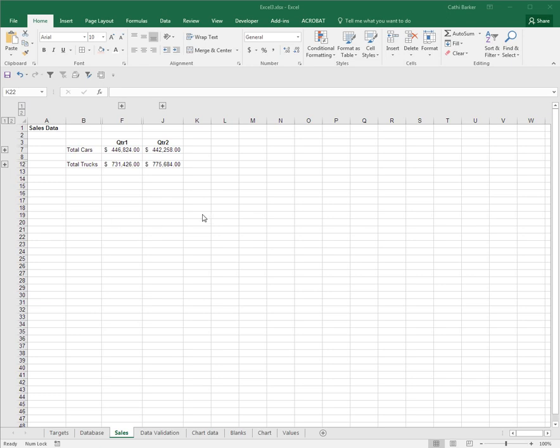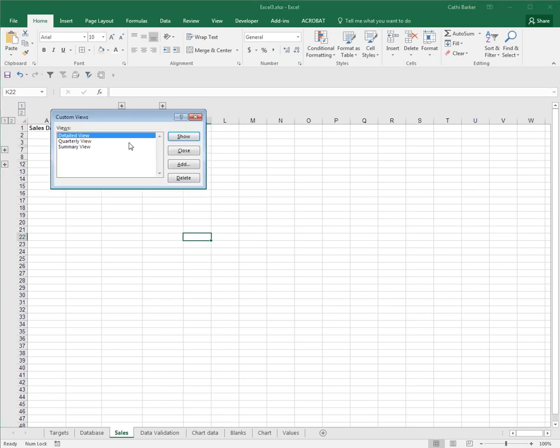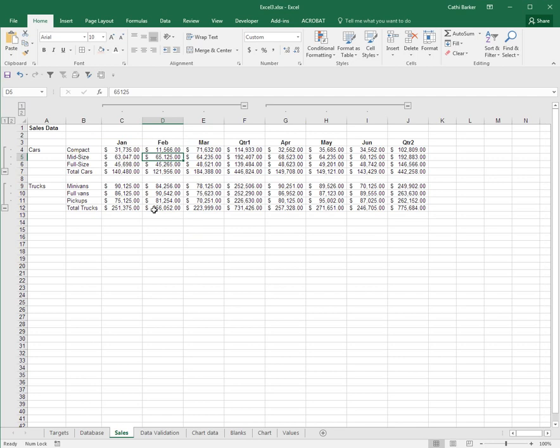Switching between different views is also a repetitive action that is a perfect candidate for macros. So what I want to do is extend this custom views exercise to include macros. First of all, let's expand all the information we're seeing by flicking to the custom view called Detailed View and Show. What I'd like to do is create 3 buttons to switch between the different views, and they appear in